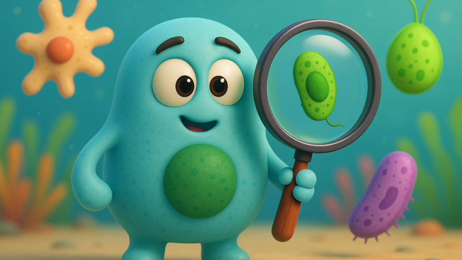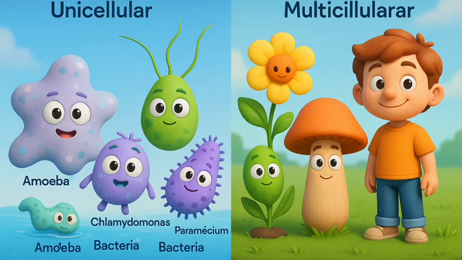The invention of magnifying lenses led to the discovery of the microscopic world. It is now known that a single cell may constitute a whole organism, as in amoeba, Chlamydomonas, Paramecium, and bacteria. These organisms are called unicellular organisms. Uni is equal to single. On the other hand, many cells group together in a single body and assume different functions in it to form various body parts in multicellular organisms. Multi is equal to many, such as some fungi, plants, and animals.